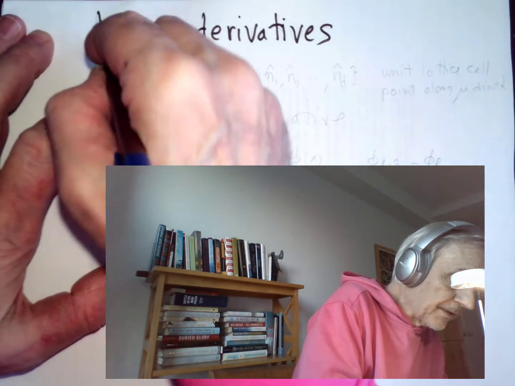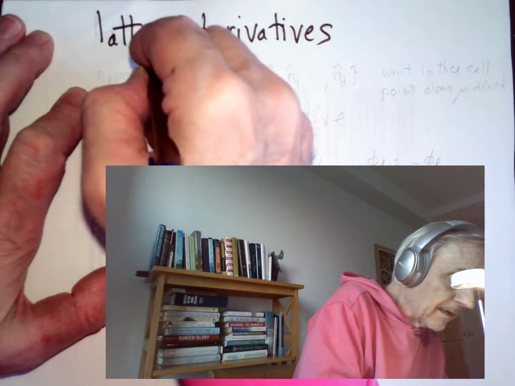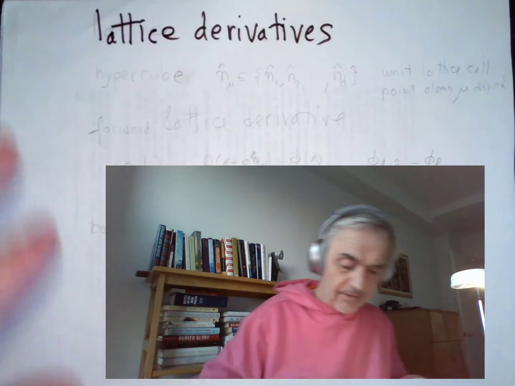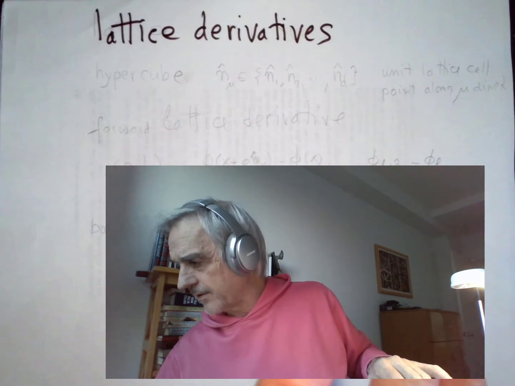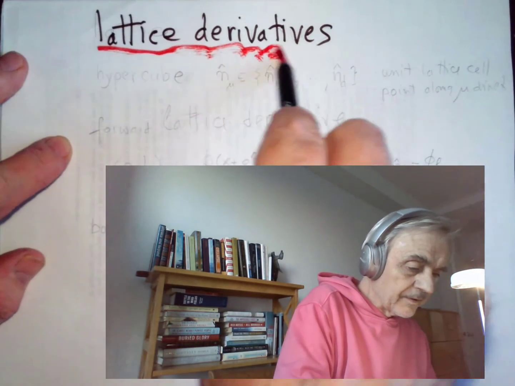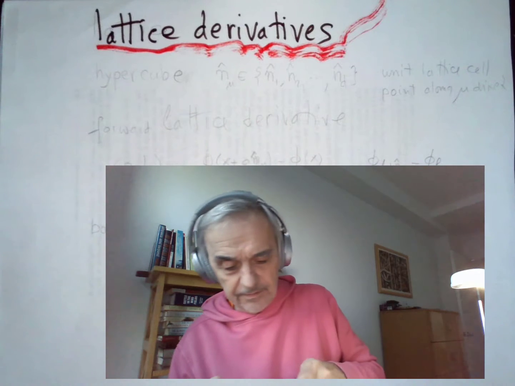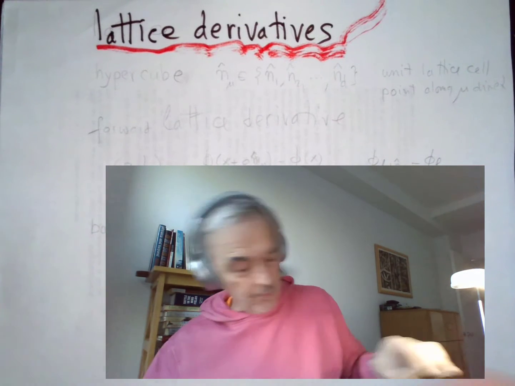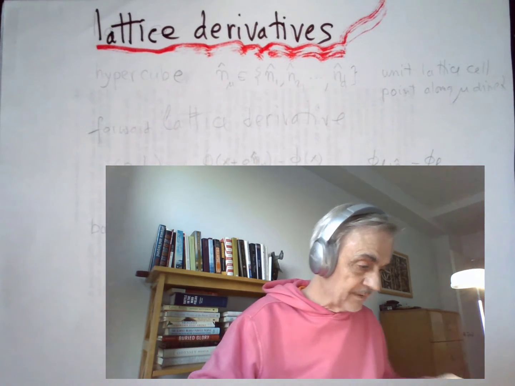And in this case, it's called lattice derivative. And you actually know it because that's how you learned calculus when you started. So I'm just reminding you something about your elementary calculus at the moment, but you haven't learned it in this